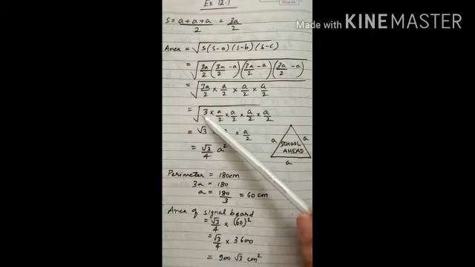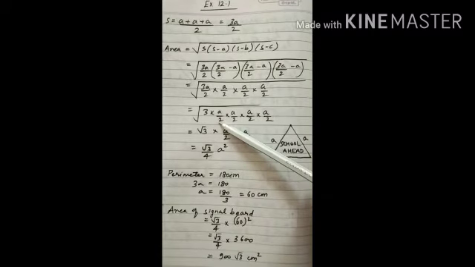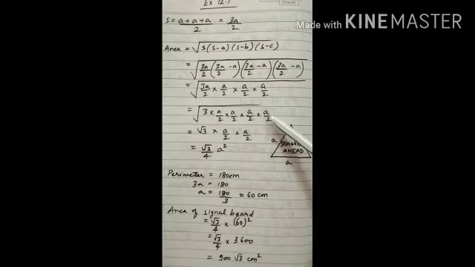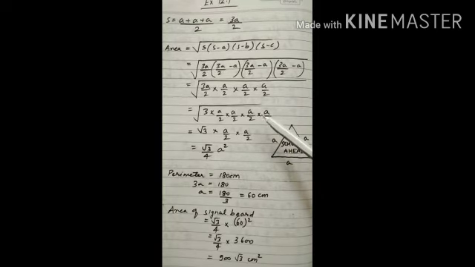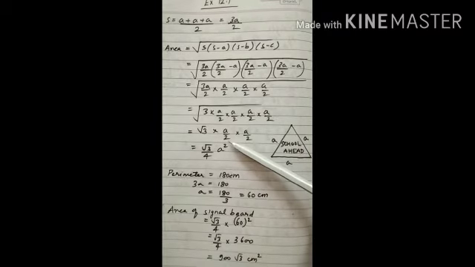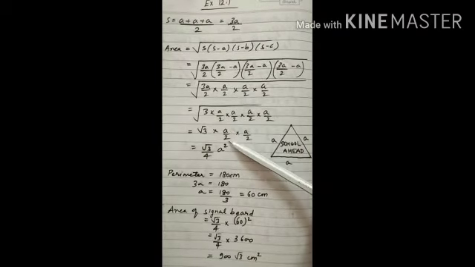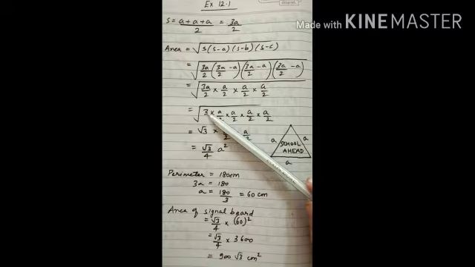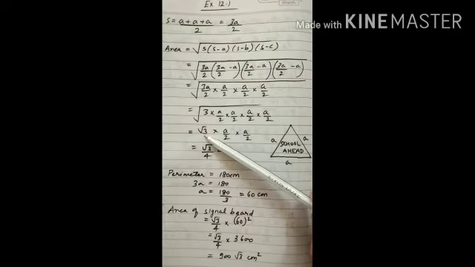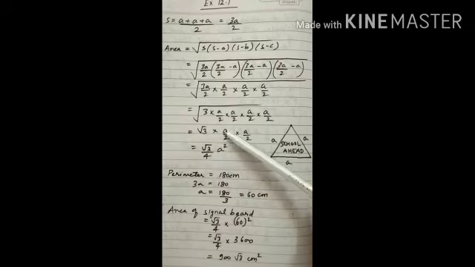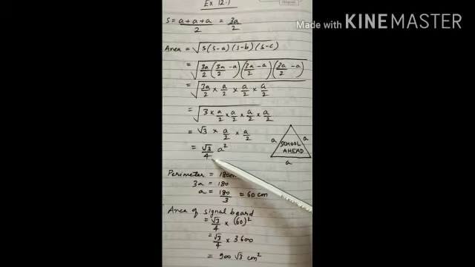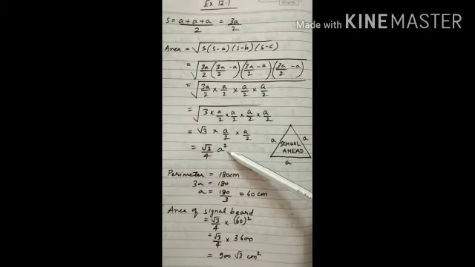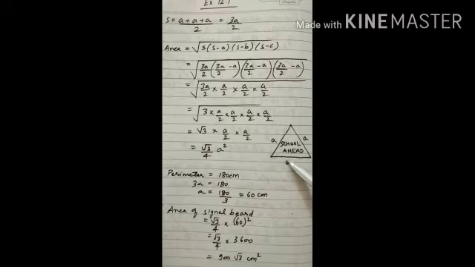We will separate out this 3. A by 2 is left out 4 times inside the square root. We know inside a square root the same values which repeat 2 times in product form come outside as 1 time. So 2 times A by 2, 1 time outside the root, 2 times again A by 2, 1 time outside the root, and 3 is a single digit inside the root, that will remain inside the root only as 3. So root 3 as it is, A by 2 multiplied by A by 2 gives A square, 2 2s are 4 in the denominator. So overall root 3 by 4 A square, this is the area of this signal board.